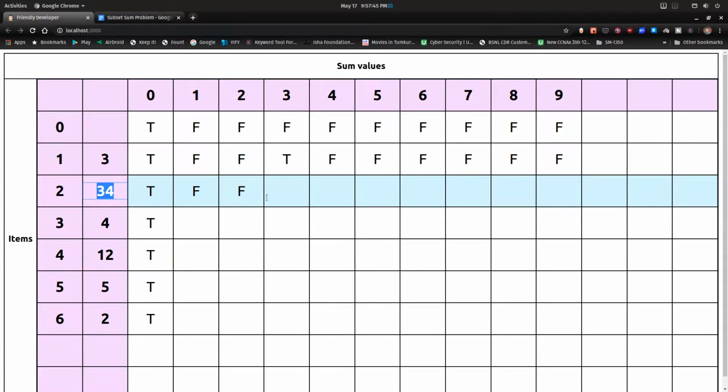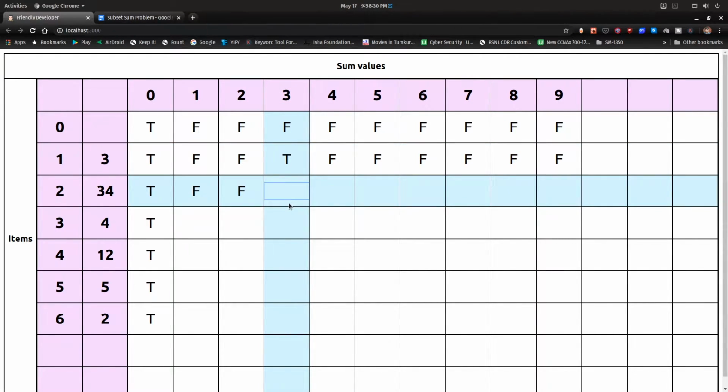Okay, here if you look at the choice that we are taking, we had two choices when we looked at the top down approach or the brute force approach. For every element that we considered, there were two choices to make. One is we include that particular item in the solution subset, or we exclude it. So here also, 34 we cannot include because 3 is less than 34. So we exclude 34 and see, out of the remaining elements in the set, that is only the element 3, is there a subset that sums up to 3? Yes, true, there is a subset.